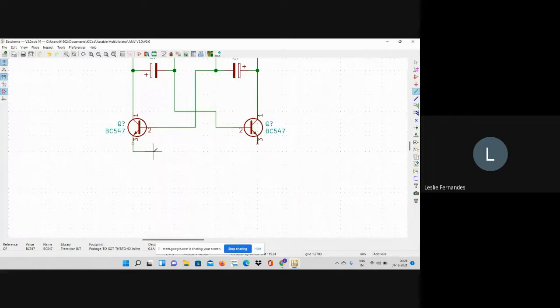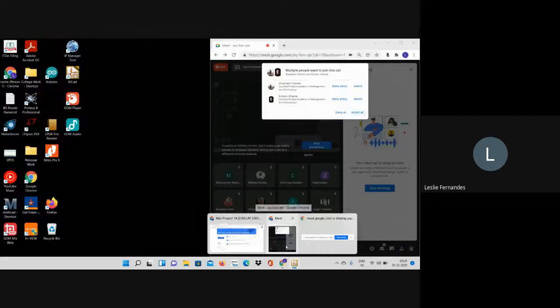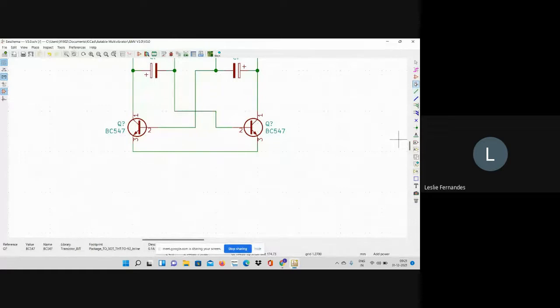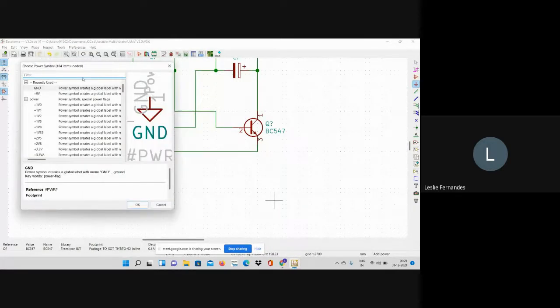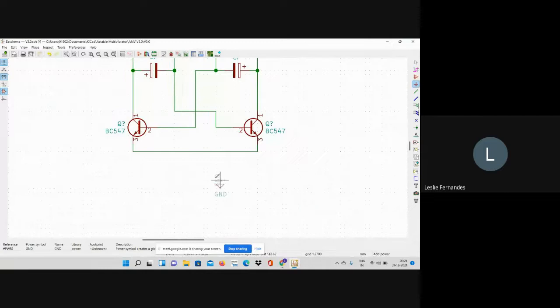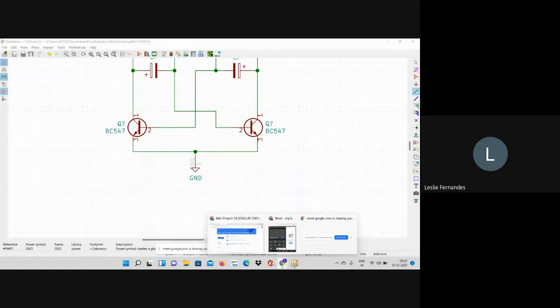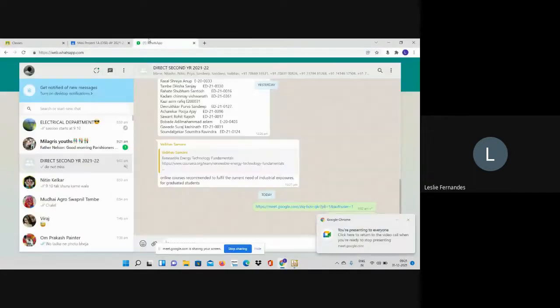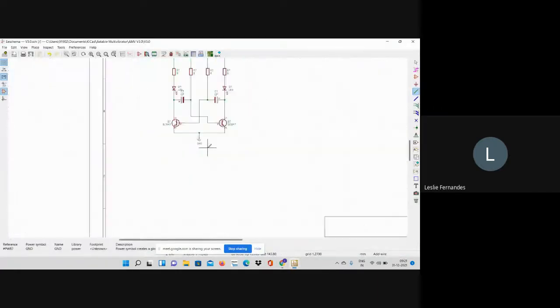I'll connect the two emitters over here, and I will place ground. Okay, let's move to the second.